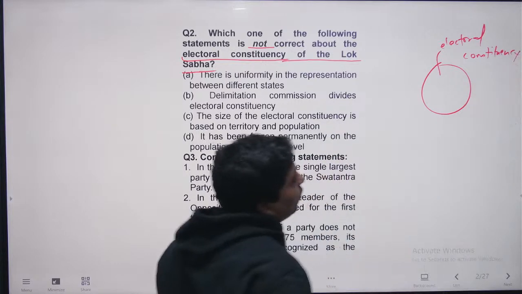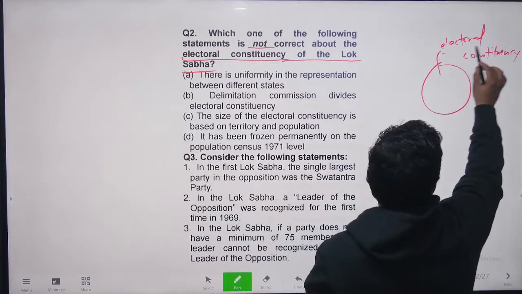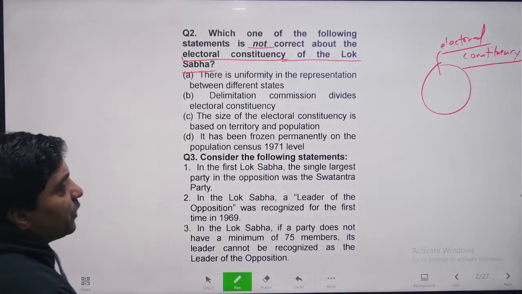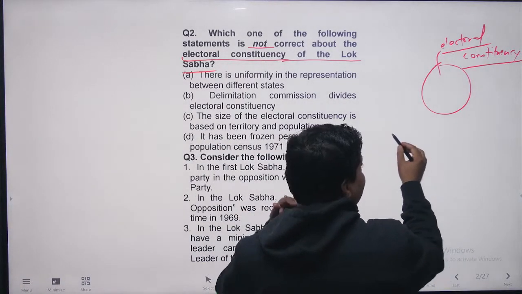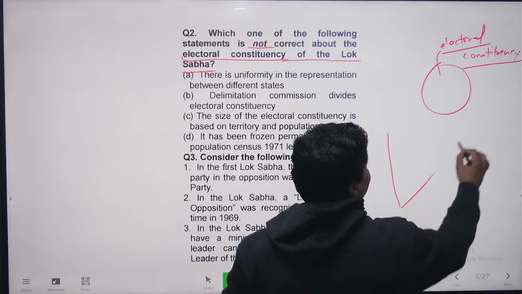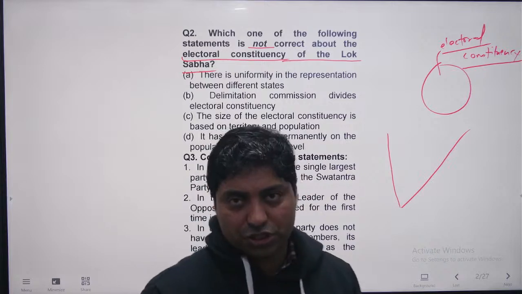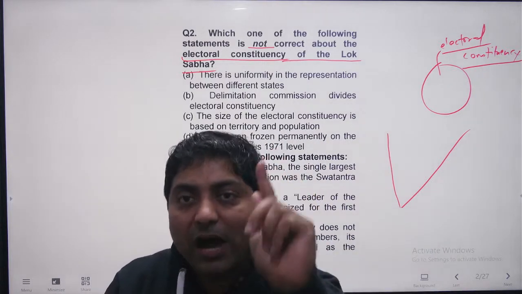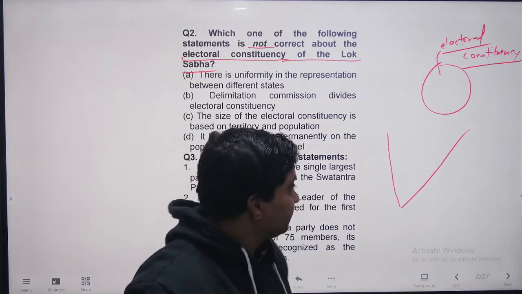Now first, what is an electoral constituency? Who creates an electoral constituency? First you should know that, right? Now if you look at the entire India, it has been divided into electoral constituencies, so that from each constituency one member can be elected to the Lok Sabha,